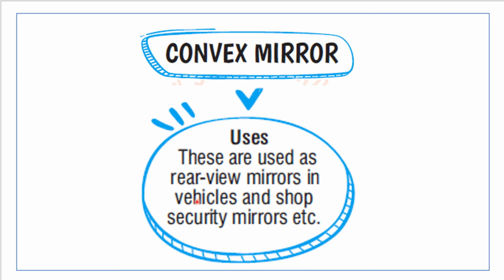These are used as rear view mirrors in vehicles and shop security mirrors. So convex mirrors are used as rear view mirrors. While we are going on the road, we can see the persons coming behind us by using a convex mirror. So it is used as a side mirror. In ATM machines also we are using convex mirrors. Okay. Next,